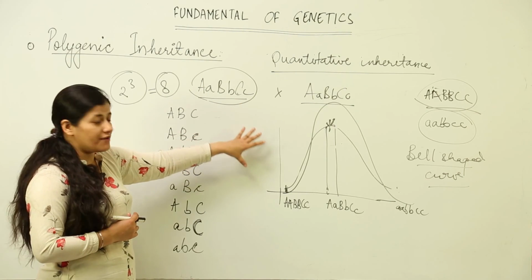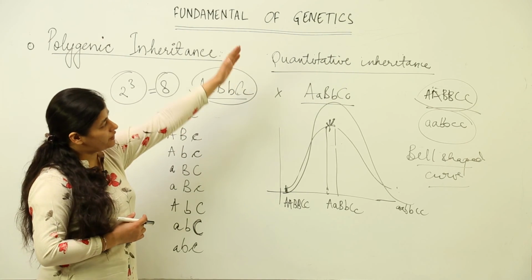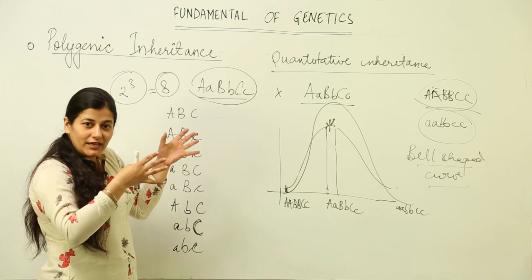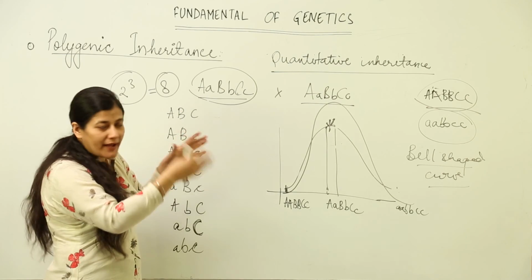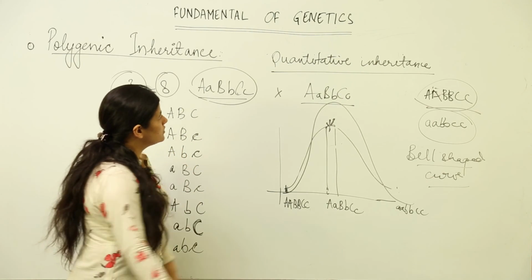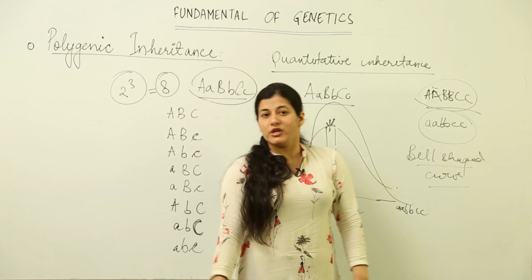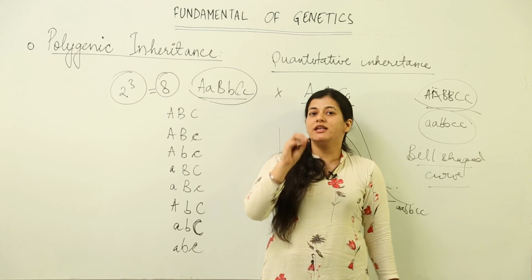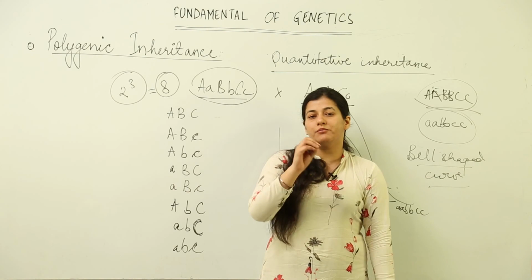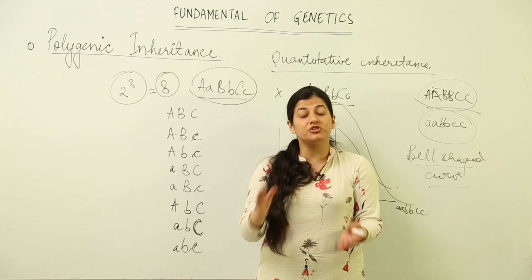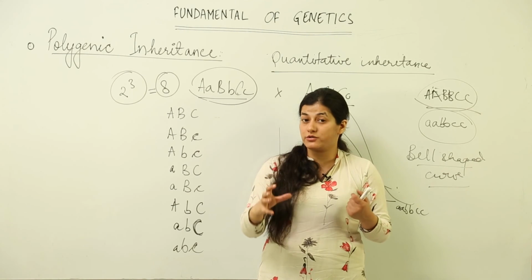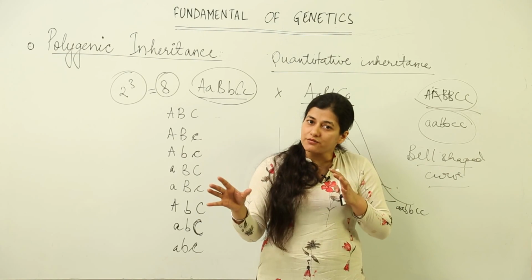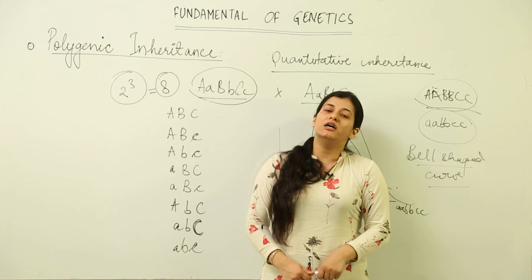So this is for F2 generation. If we go for F3, it would become more steep and the parental category would decline in comparison to the intermediates. So this is all to be understood in polygenic inheritance. I hope I am clear by the end of lesson that it is the number of genes or the number of alleles for a particular gene which are responsible for showing the phenotype, which would show grades instead of contrasting features as we had seen in the earlier qualitative